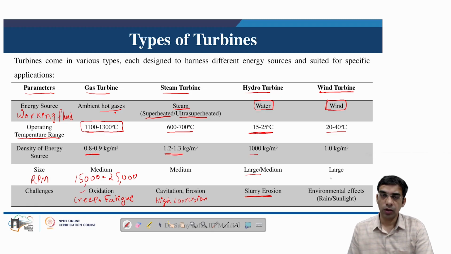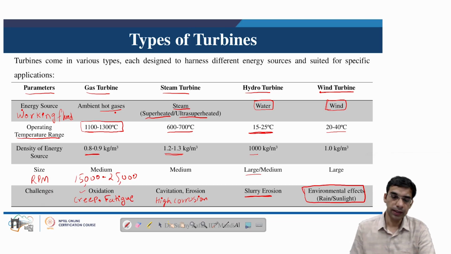But wind turbines also experience several environmental effects from the rain, or the environment in which they are installed, like an offshore environment, or the sunlight, because the materials which go into making these wind turbines have to be light in weight and high strength. These materials offer these capabilities, but they also have a specific set of operating challenges.